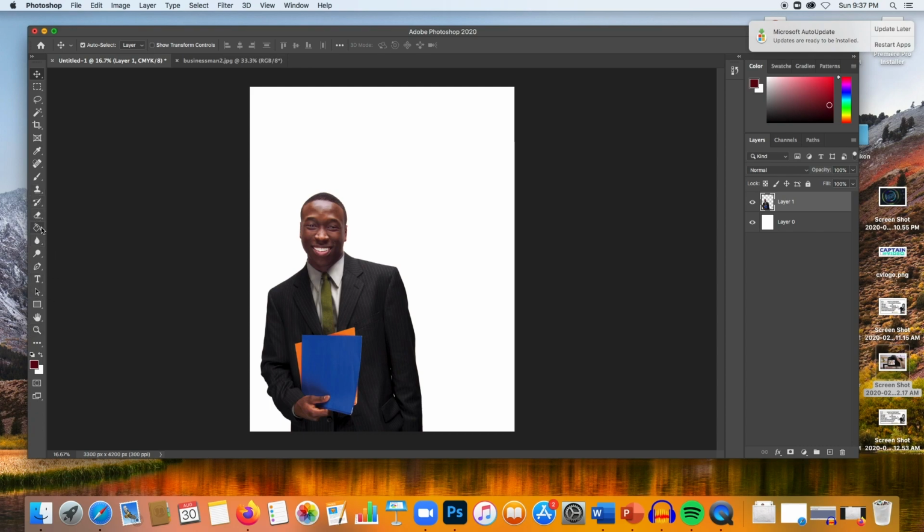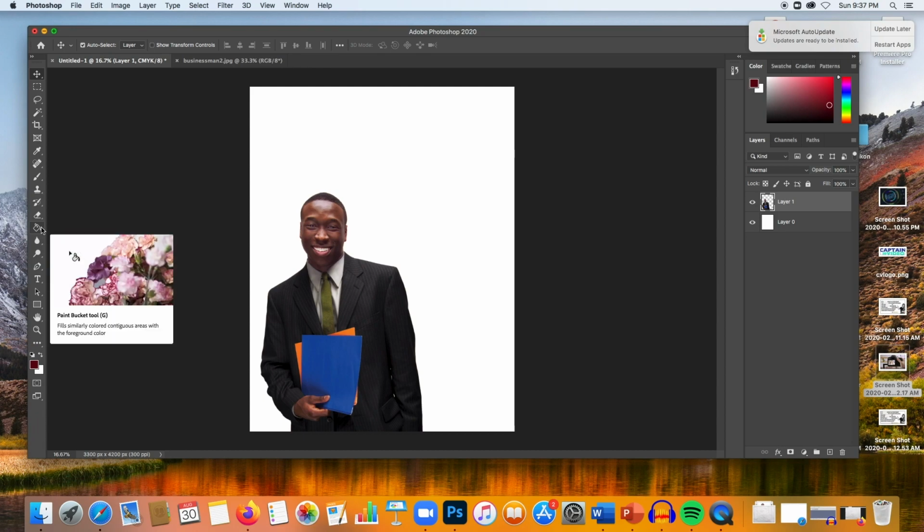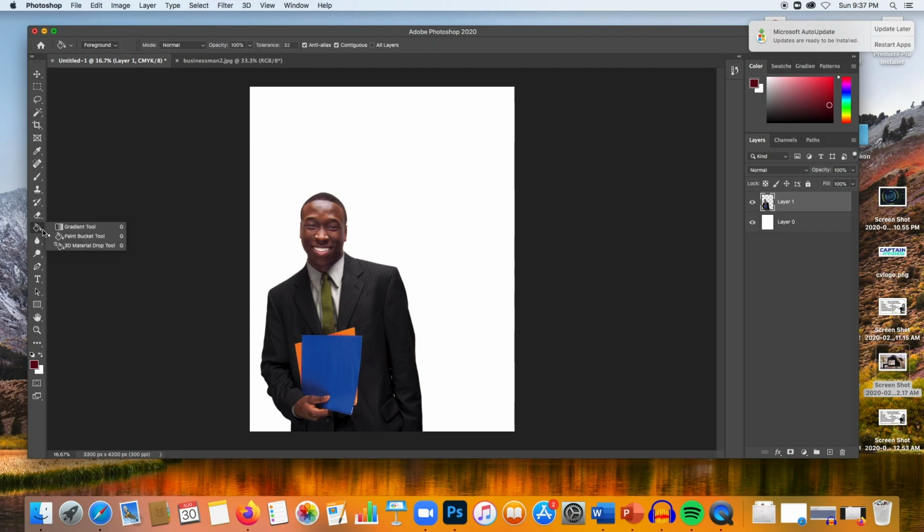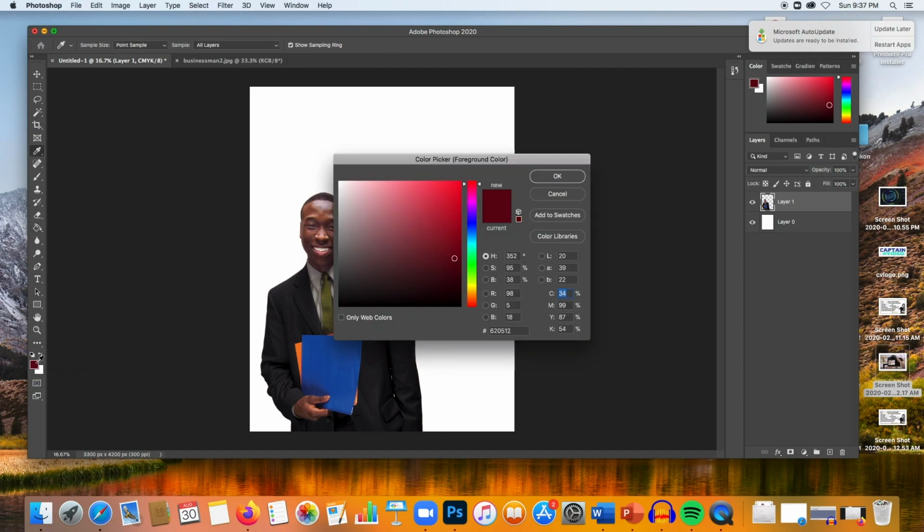We can go to, for example, our Paint Bucket tool, which is almost exactly halfway down in our toolbar. And the paint bucket is going to fill a layer with the same color of paint. We want to make sure that our paint bucket tool is selected. And you might be wondering, well, what color is it going to spill paint all over? Well, if you go here toward the bottom of your toolbar, you've got Set Foreground Color and Set Background Color. If we click inside where it says Set Foreground Color, we can choose any color background that we want. I'm going to choose